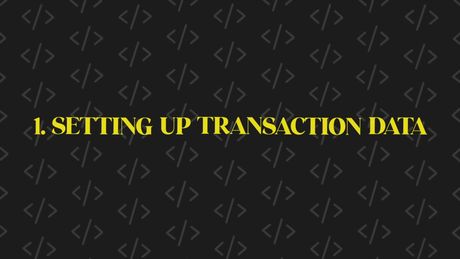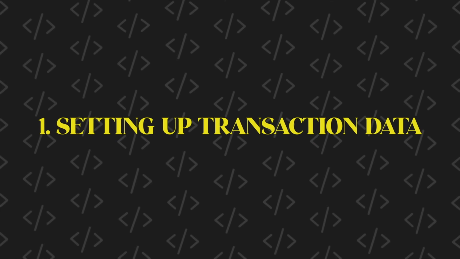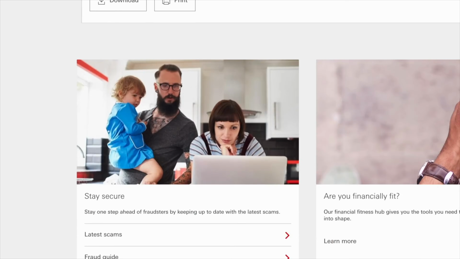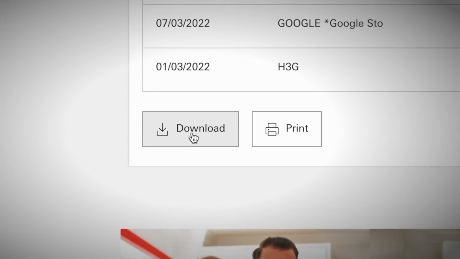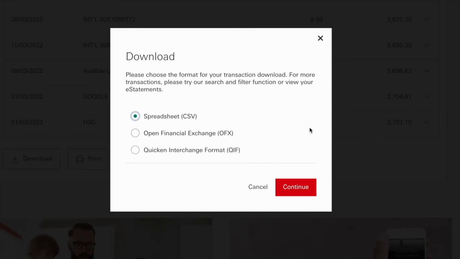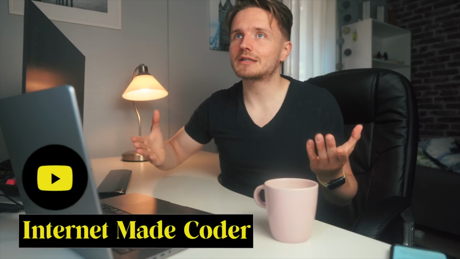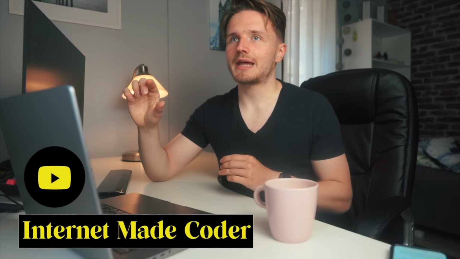We're going to essentially do all the heavy lifting of setting everything up first, and we can just apply some Python magic to do a lot of magical things. First of all, we need a way to access our transactions in a file, which luckily most banks allow you to just download your transactions in a CSV file directly from your website. For this, I can't give an exact tutorial, unfortunately, because it is gonna depend on your bank. You just need to find a place to click download on your bank transaction sheet and then click on CSV. What CSV stands for is comma separated